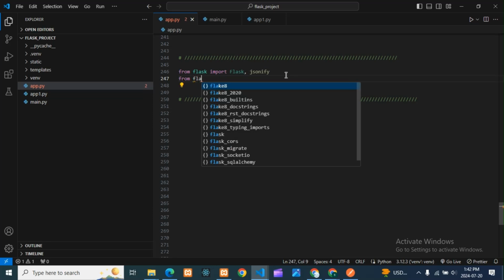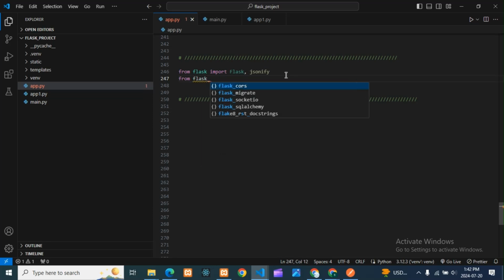flask_sqlalchemy. Yeah, you can see, guys, here it is showing SQLAlchemy. So this we need, guys, to connect with the database, whatever SQL database we have.